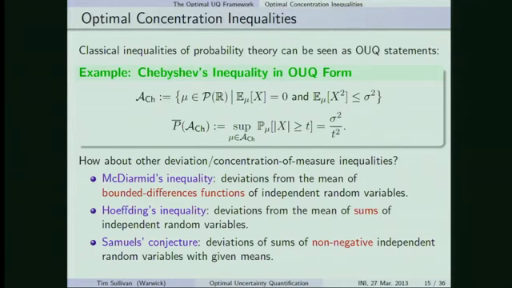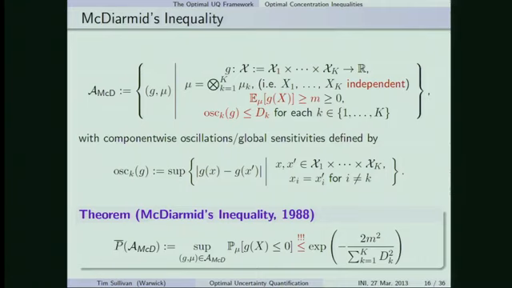So what's going on with McDiarmid's inequality? So this corresponds to this admissible set. It's saying that my response function picks up k independent random variables, assigns the mean of the output at least the value m, but this response function has bounded sensitivity to changes of each of the k inputs individually. So if I change the kth input as much as I like, I cannot get output values that differ by more than the number dk.